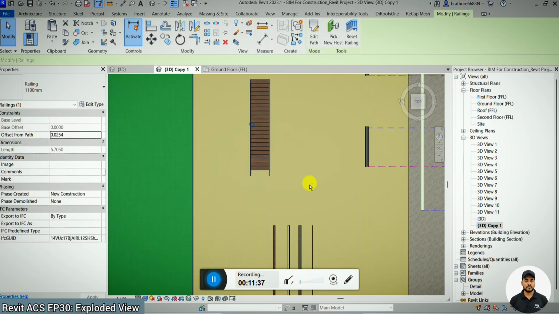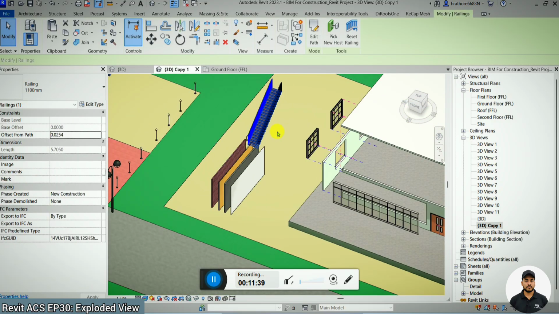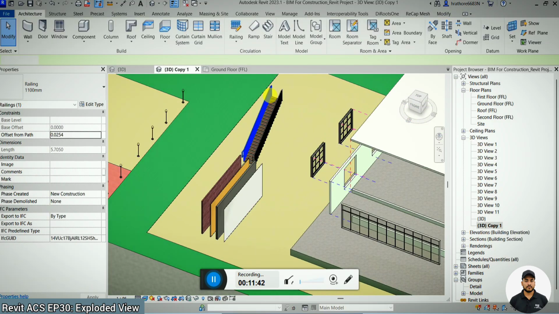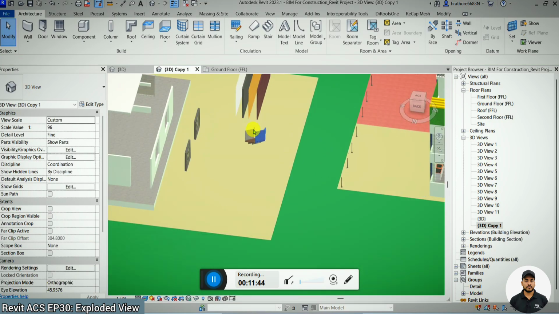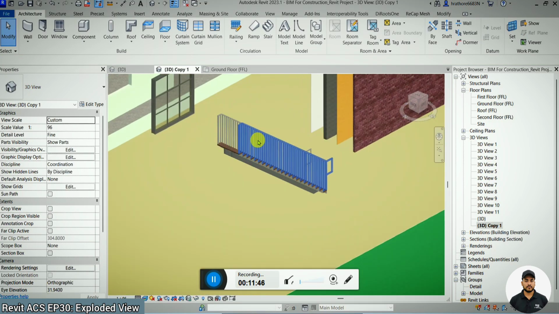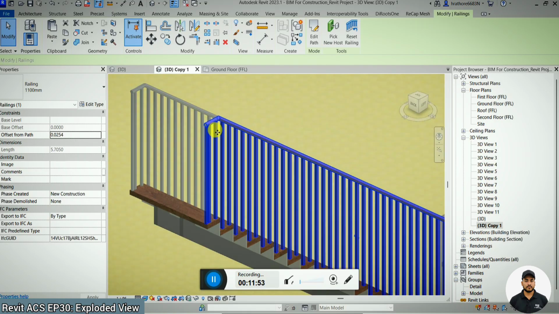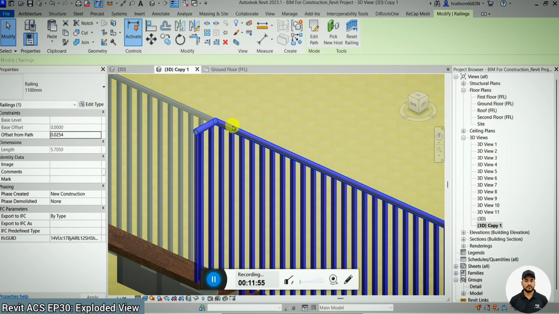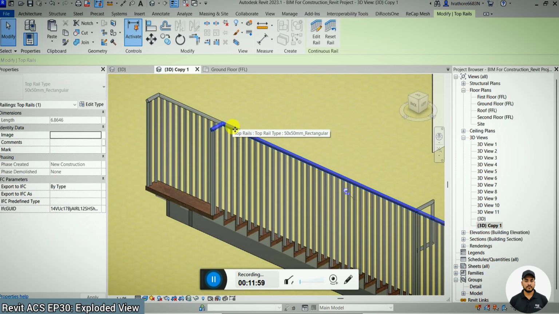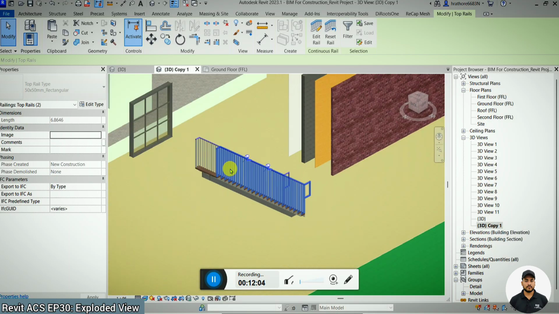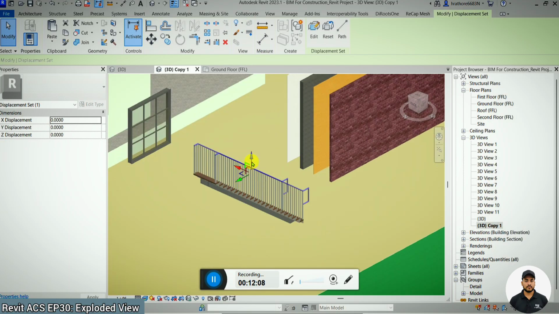So right now we have this stair. If we want to show the exploded view, like the railings and the different parts of the railing, then how can you do that? For that particularly we will be clicking on each element. Let's say we select this railing, then we select this handrail. By pressing the Tab option you can select this handrail, and again for this one we will select the handrail separately. Then we will click on Displace Element again,